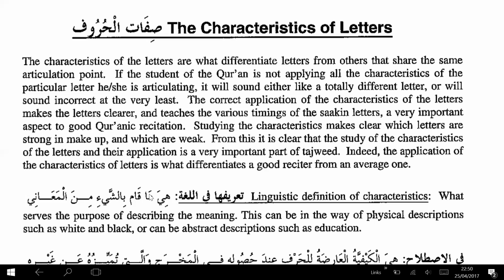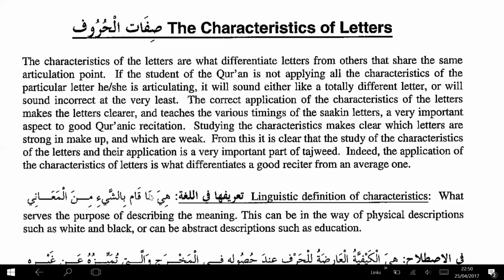When you combine makhraj with sifat, if your makhraj is right, most of the sifat gets covered in that. But there are a couple of things where sifat comes separately as well. When you combine makhraj and sifat, your recitation, inshallah, will become very beautiful even just by this. And then applying the rules is just a matter of the hiding sound, the ghunna, making the mad long, making it short. But the main part of recitation is makhraj and sifat, because even changing the makhraj, it will sound like